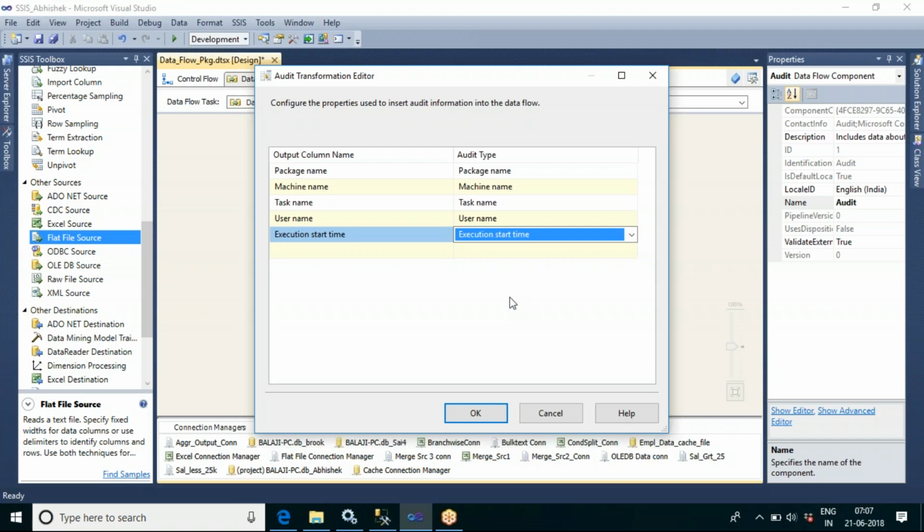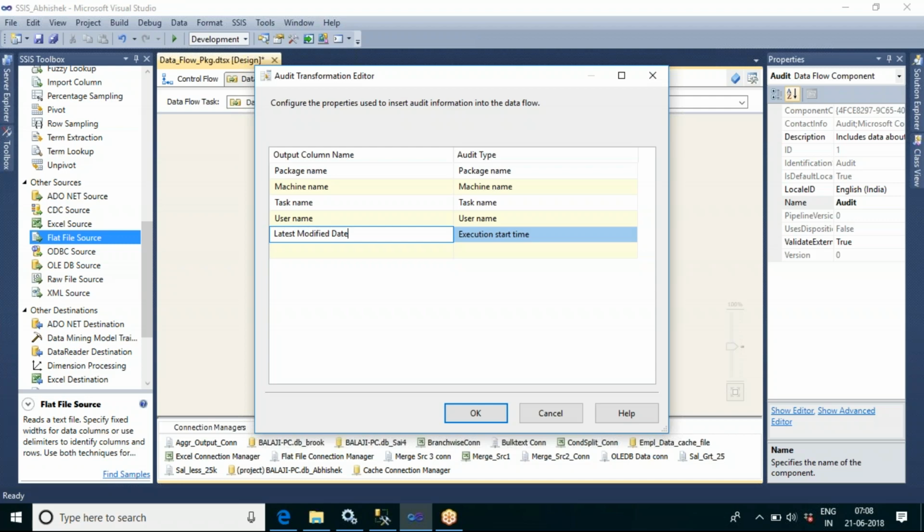Or let us say you can include this as last updated date or last modified date. Once this package is executed, if you want to add this column as a last updated date, or last modified date, you can go and add it like this also.